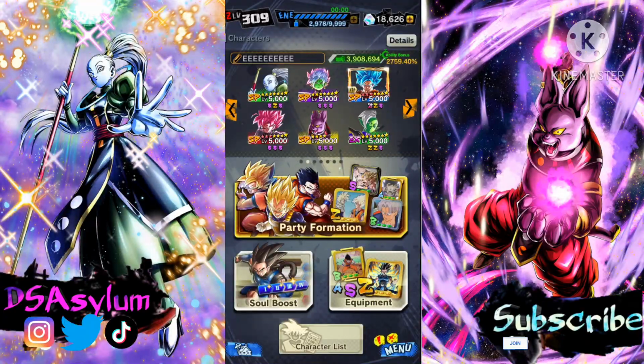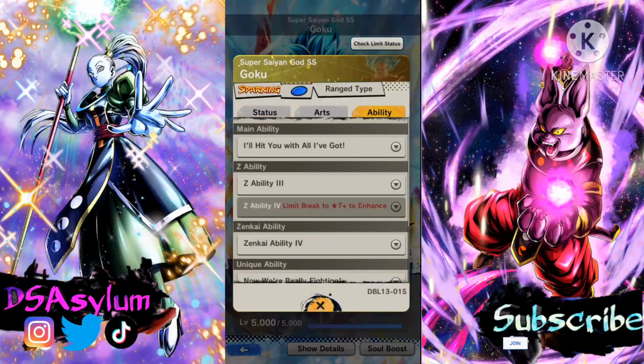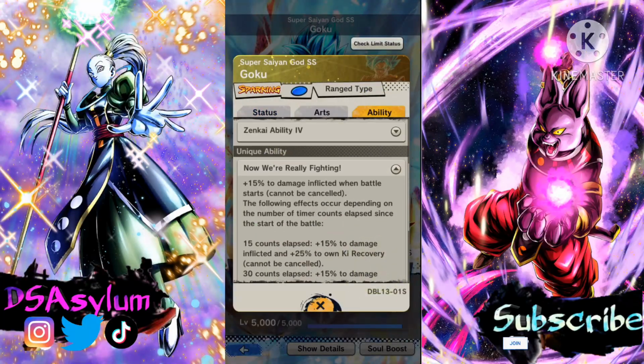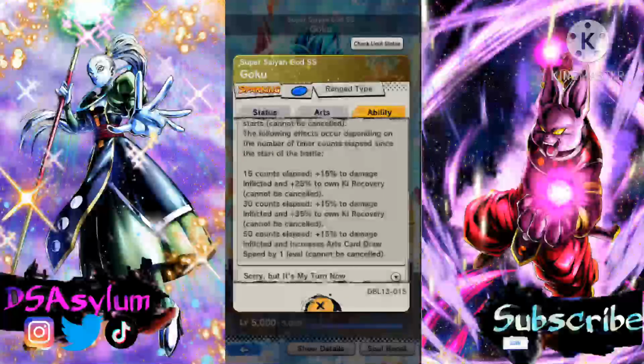So realistically, he may be the only member of the team that doesn't heal with his main ability, but because he's a Zenkai 7 unit, he doesn't have to. He's the one unit here that doesn't need it. And the damage potential that this guy has is insane, between 15% damage just for existing on the battlefield, to having all of these